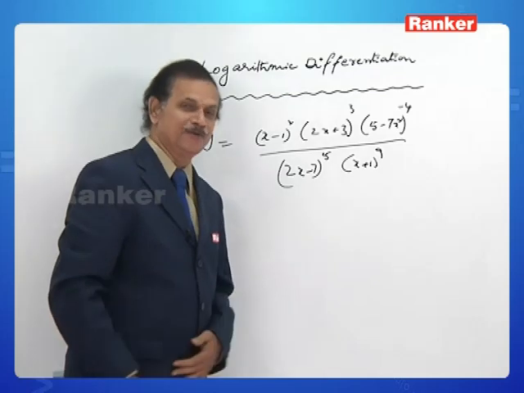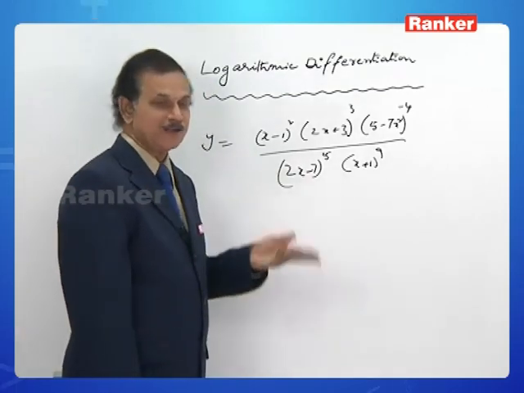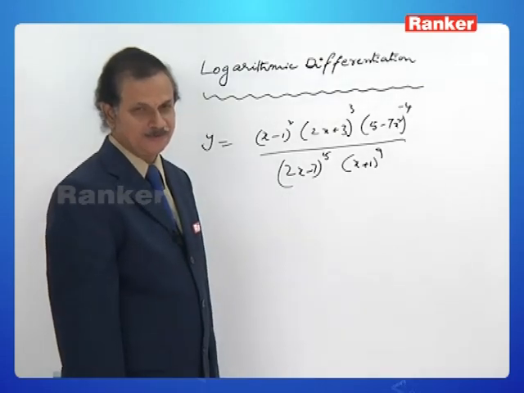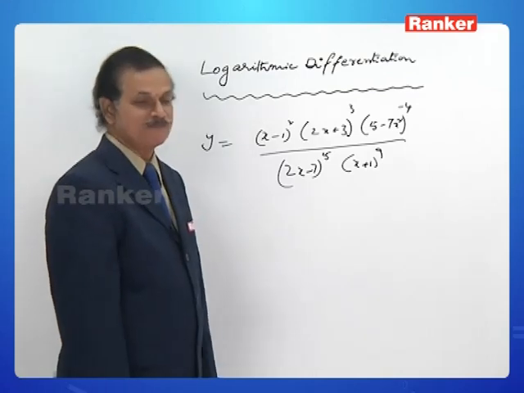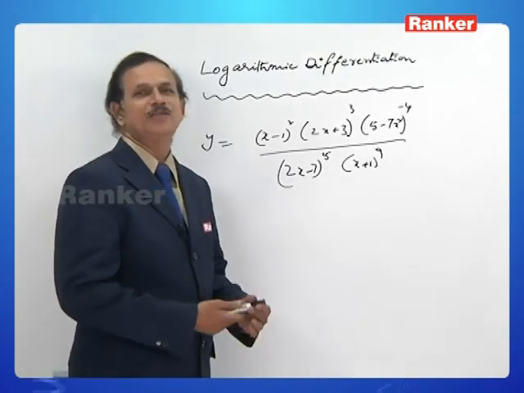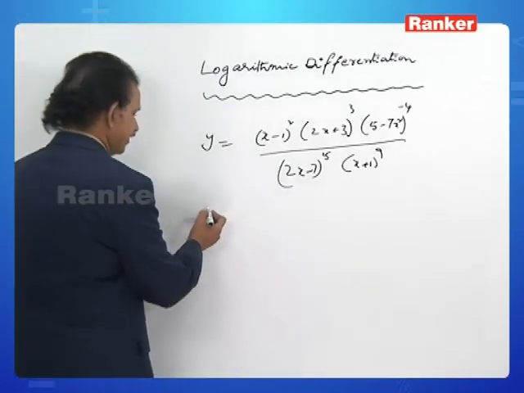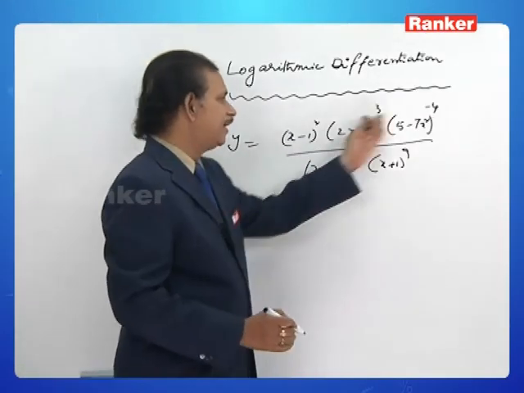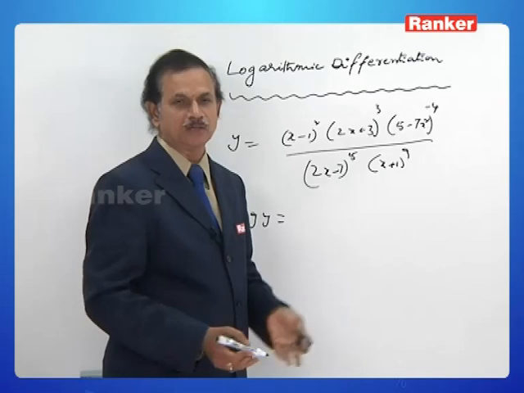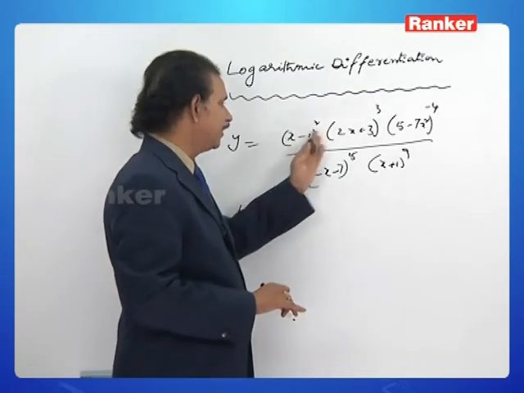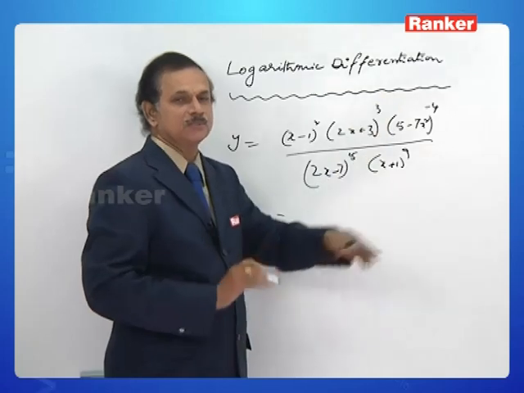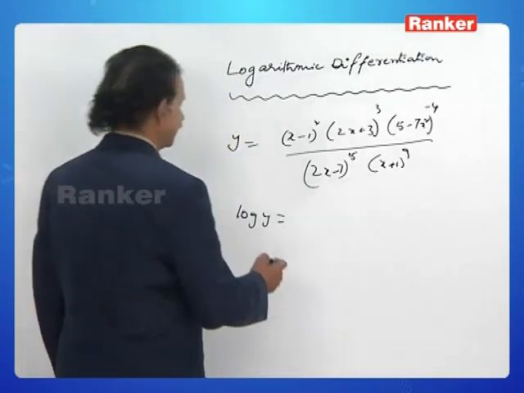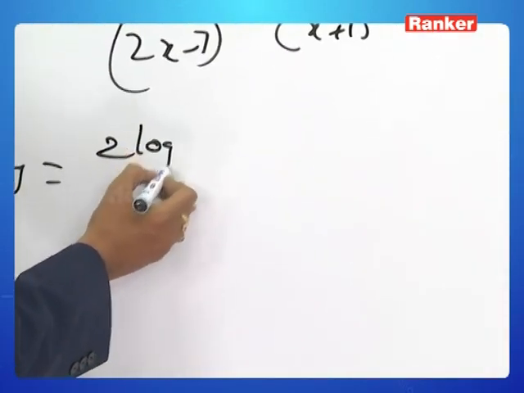What type of formula do you like to use? u by v or uvw by pq? Is it a joke? It is not so easy if you proceed systematically. Then we use logarithmic differentiation, that is, you take logarithms on both the sides. Log y is equal to log of m by n, log m minus log n. Again, log of abc is log a plus log b plus log c. Again, log a is 2 log x minus 1, like that, so that you can have 2 log (x minus 1),